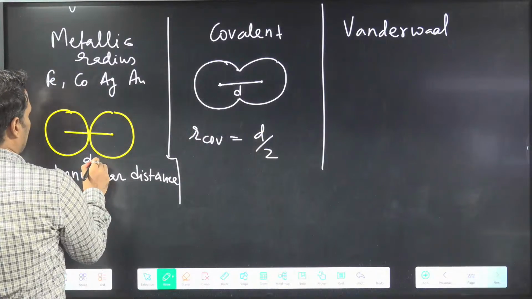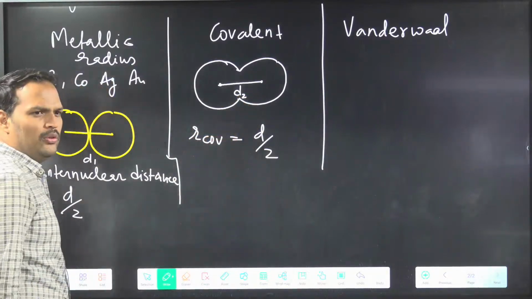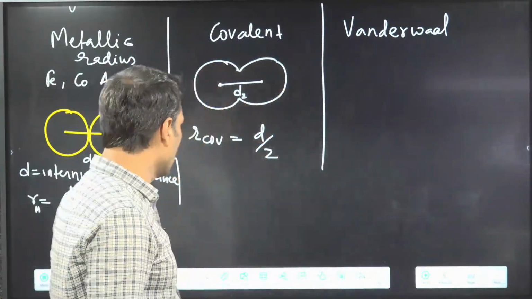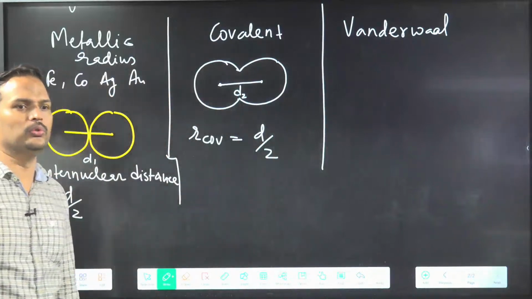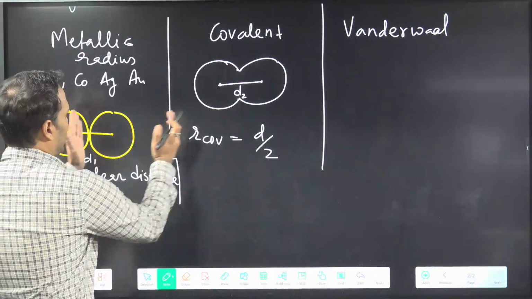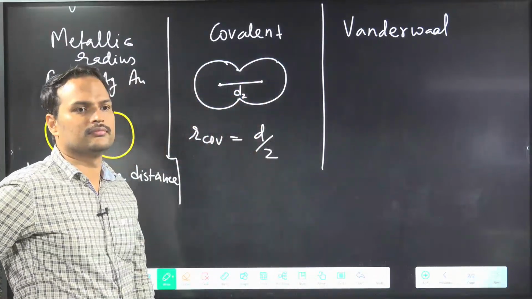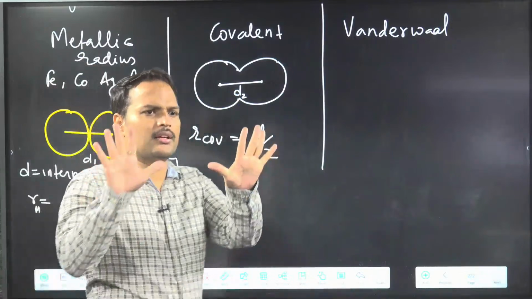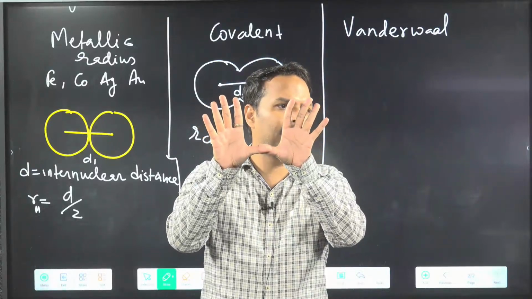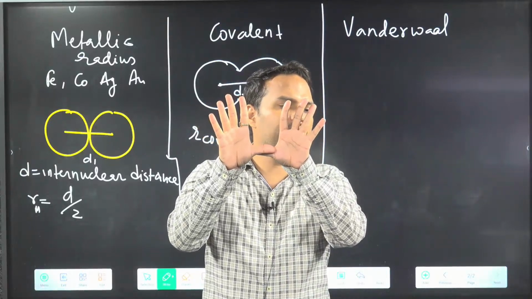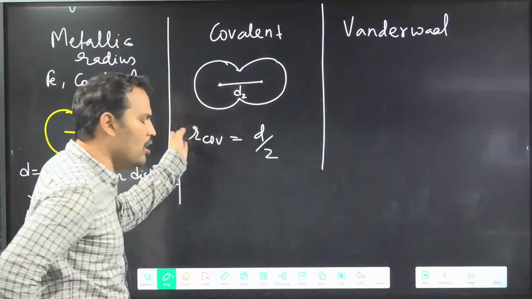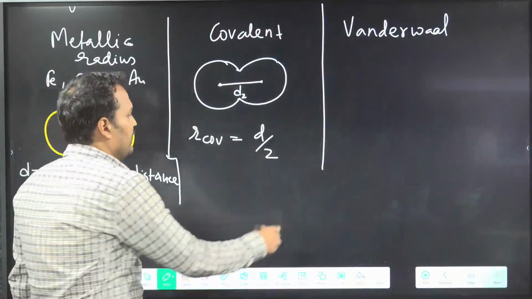Suppose I write this one as D1 and this one as D2, can you tell me which is smaller, D1 or D2? Which distance is small, this part or this part? Common sense. Now, sir, in the first part you were only touching. In the second part you overlapped. So the distance will decrease. Distance will decrease, so the radius will also decrease. Clear?